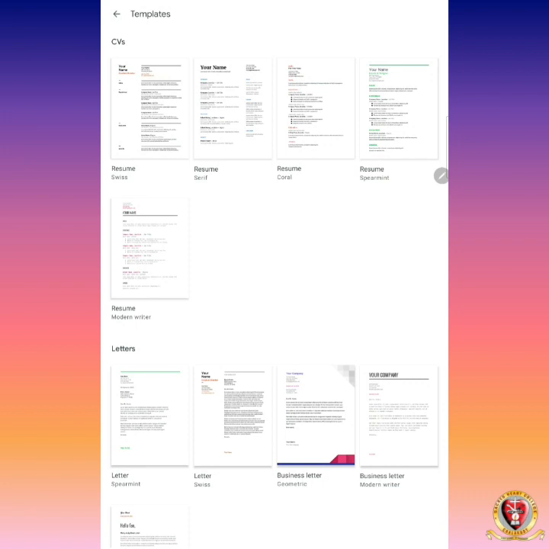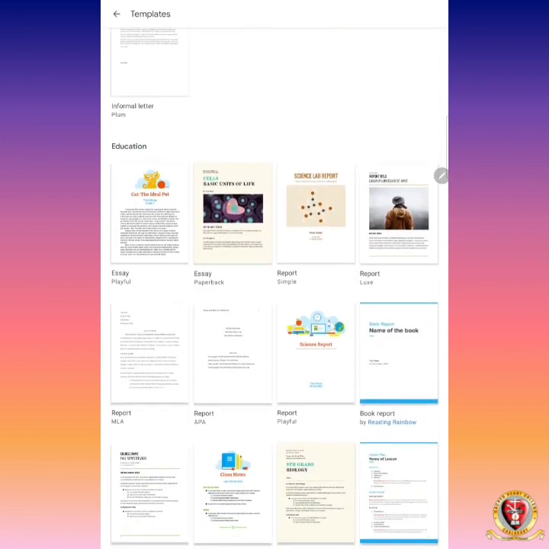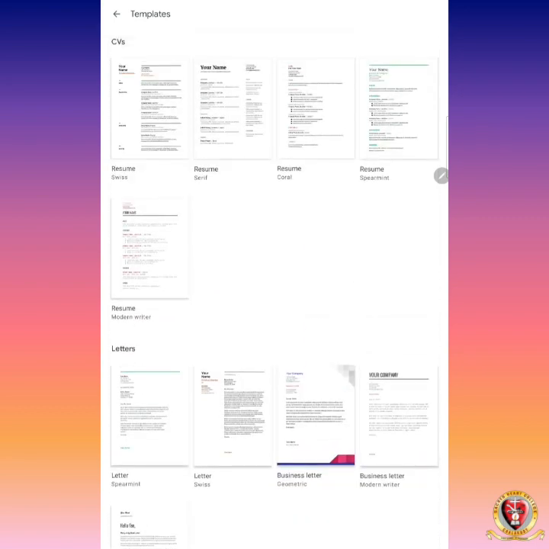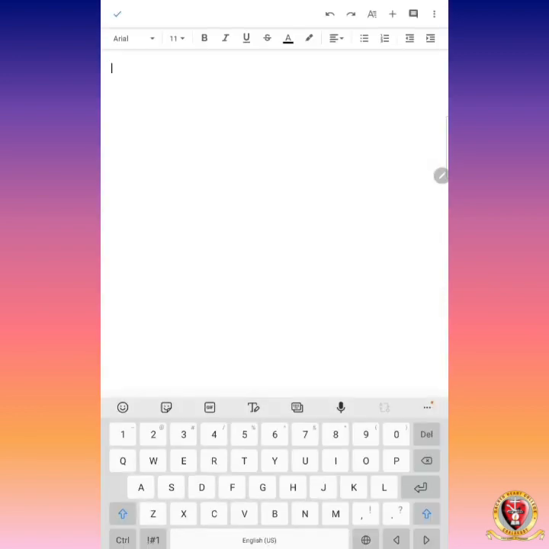You can have templates for CV, resume, letters, and education related activities. Many templates are available by default in Google Docs. I don't need any template, so I just took a new document.